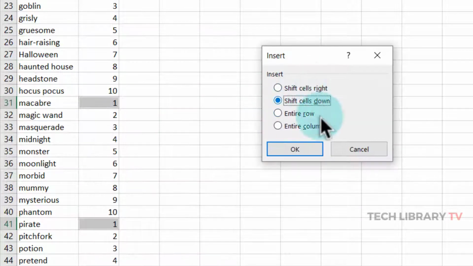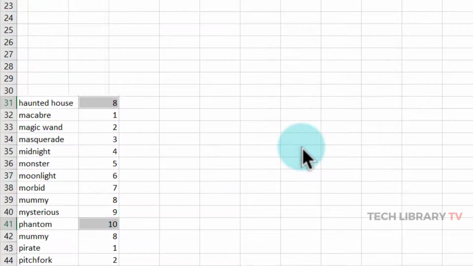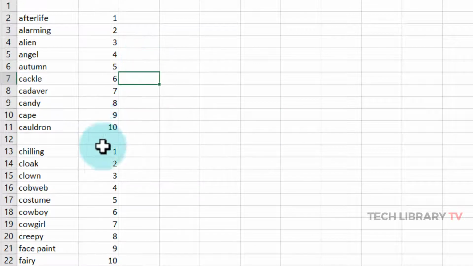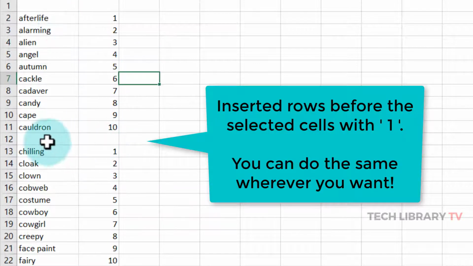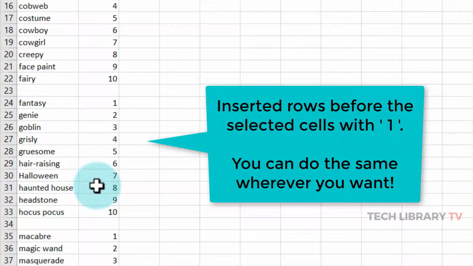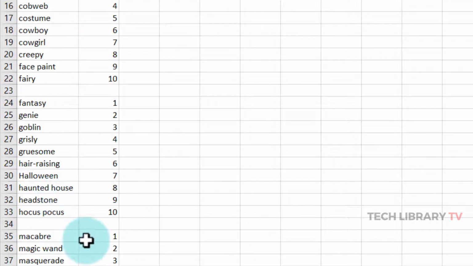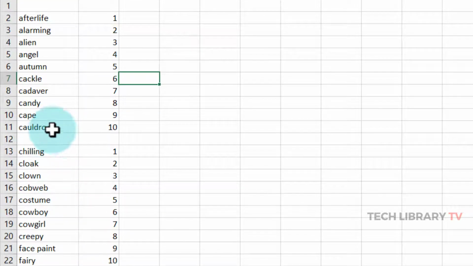You'll get this dialog box and choose entire row. Click OK. And that's it. You can see that there is an empty row inserted after every 10th row for this example, and you can do that for any of your nth row. It could be 5, 6, 7th row or any number that you want to do.